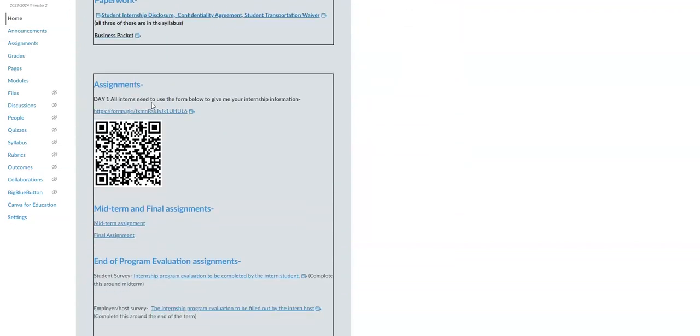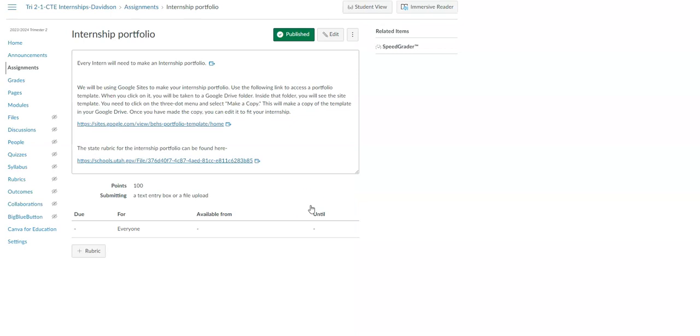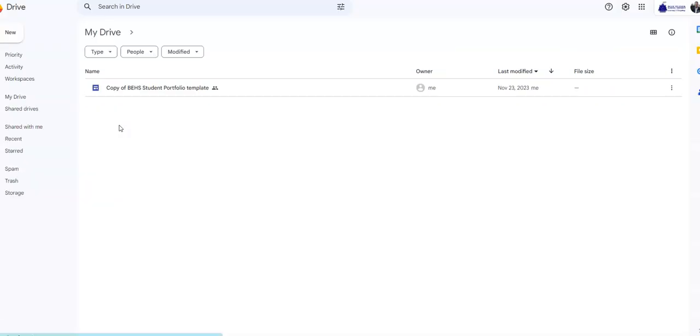If you scroll down, you'll see this Internship Portfolio section. And you can click on that link and it takes you here. So it talks about just the basics behind the portfolio. It says once you've made the copy, you can edit it and all that stuff. But to do that, we need to click on this link, and that will take you to this folder I've